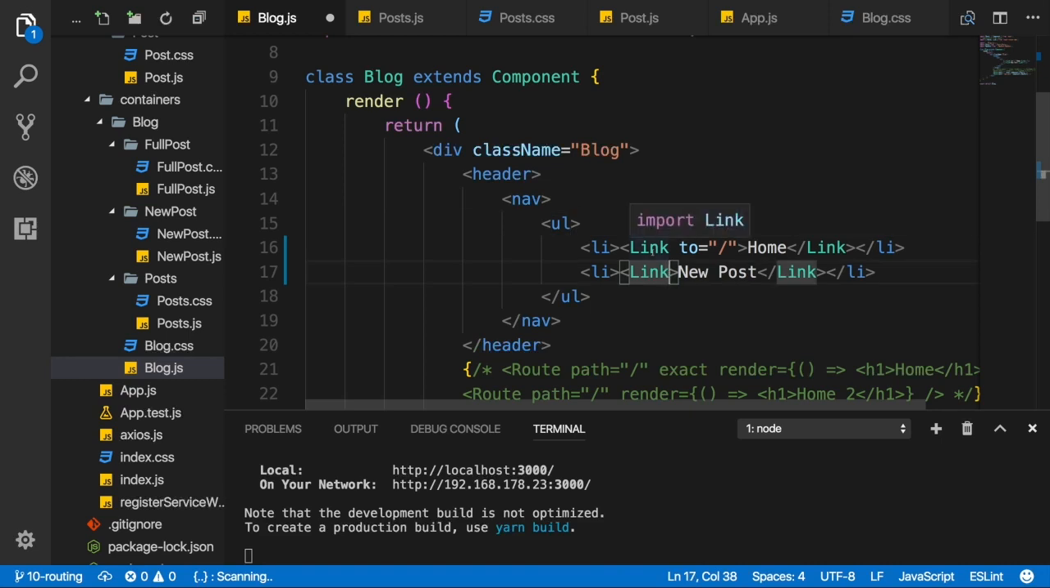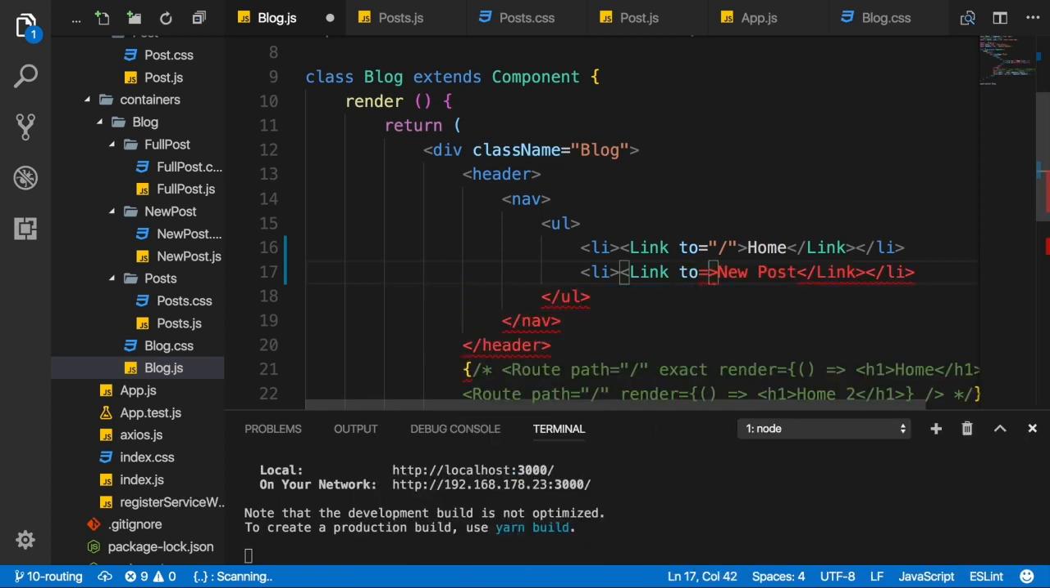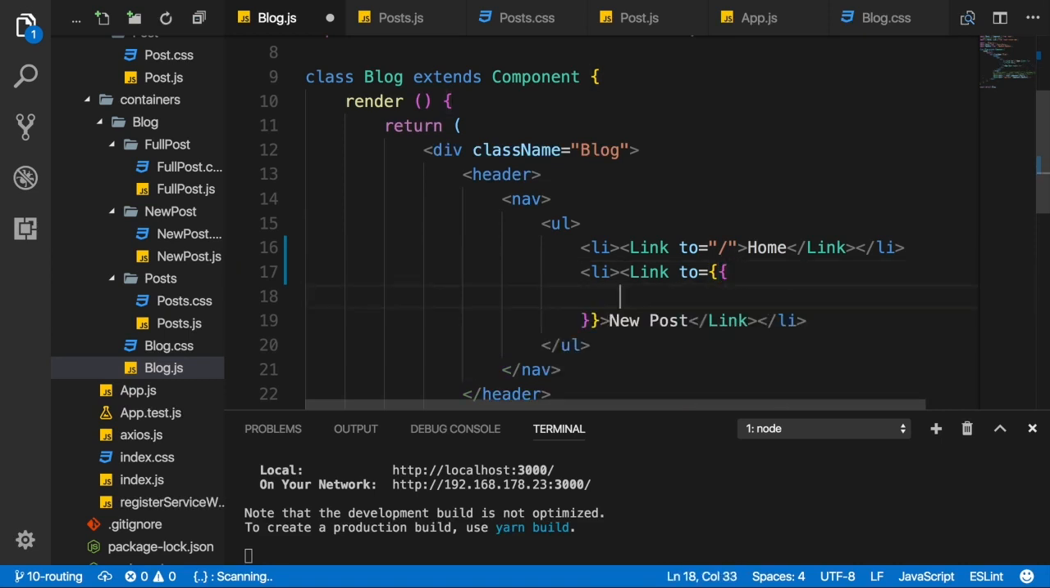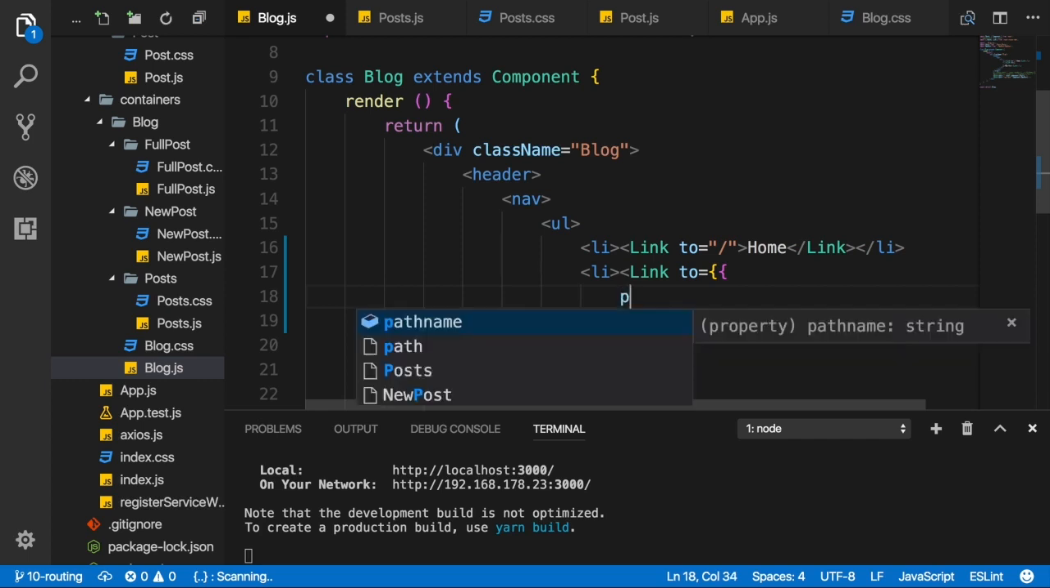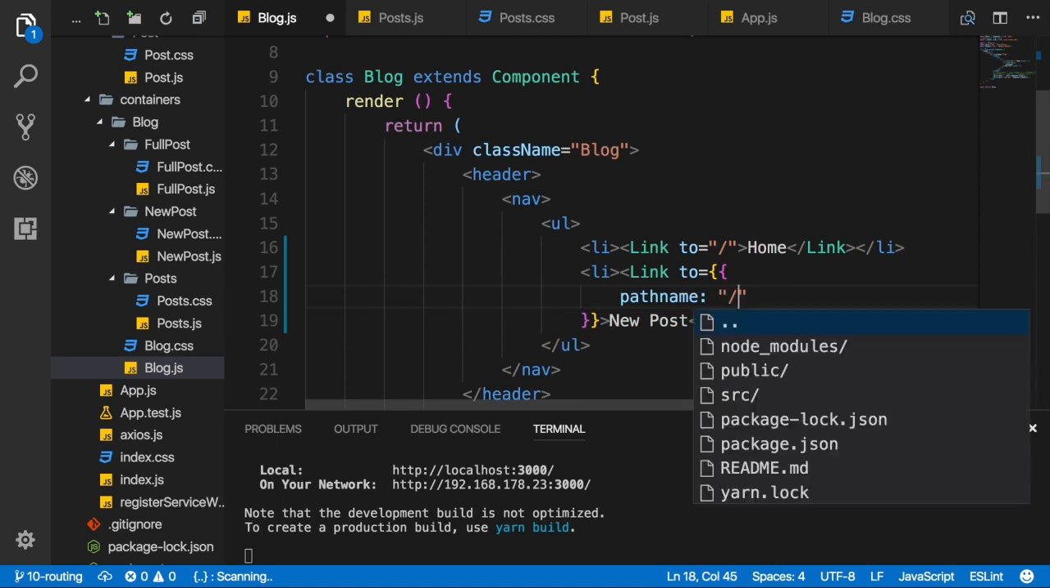Now I said in the simplest form to is a /. To can also be a more complex element. It can be a JavaScript object and hence needs to be wrapped in single curly braces to output dynamic content. And then the dynamic content is a JavaScript object, so one more pair of curly braces. And there we can now configure where we want to go to. We can set up a pathname property here, which then again is the string where we want to go to,